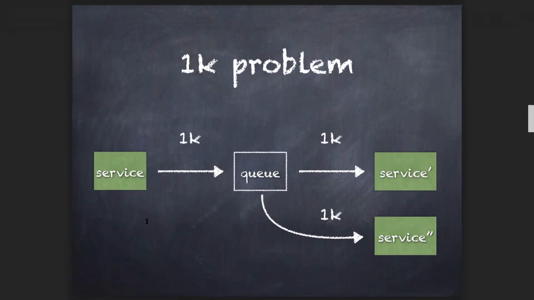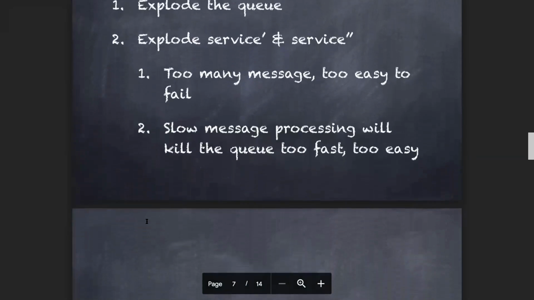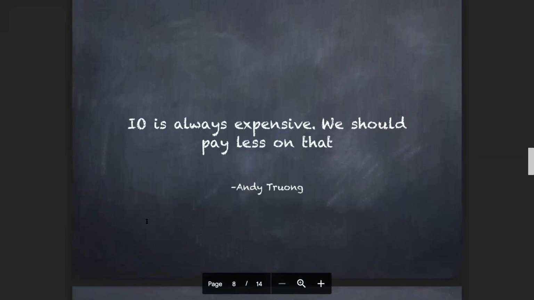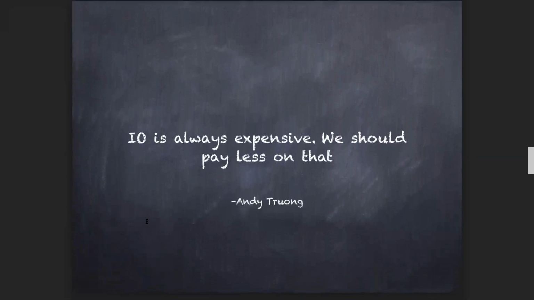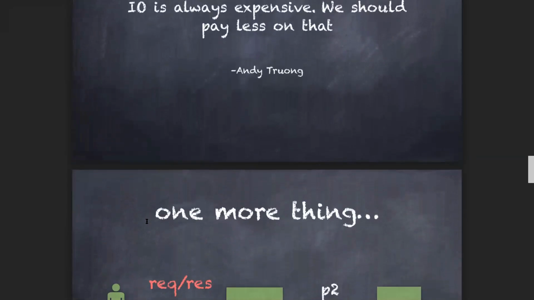So it's very slow using this pattern. The I/O is a big problem. So we need a new pattern, so we reduce the network requests, as well as resolve the problems I explained earlier.